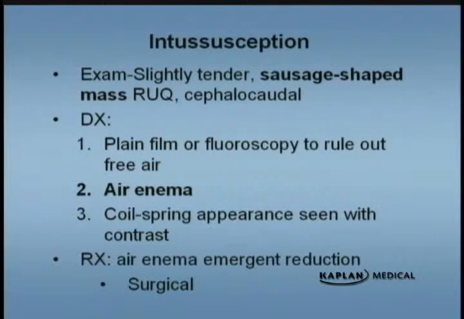On exam, they're slightly tender and they may describe what's known as the sausage-shaped mass in the belly, usually in the right upper quadrant. The first test that you're going to do is get an abdominal film. The best test is going to be an air enema. Now, if you don't have air enema as a choice, pick contrast enema or a barium enema. But if air enema is the choice, that's the one you want to pick because there's less risk of complications